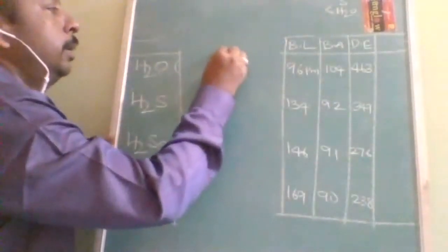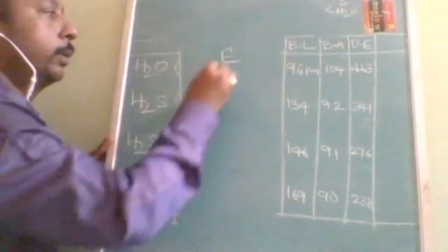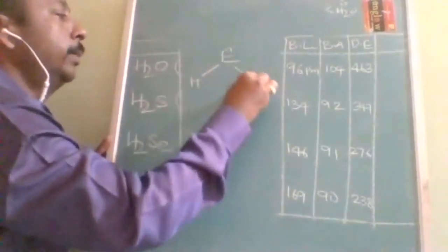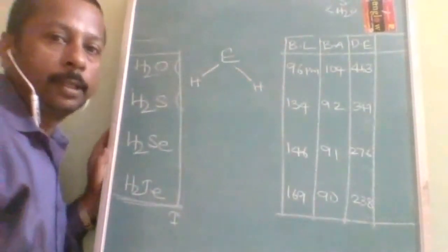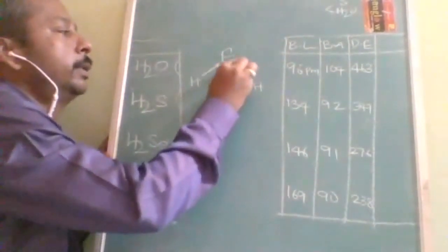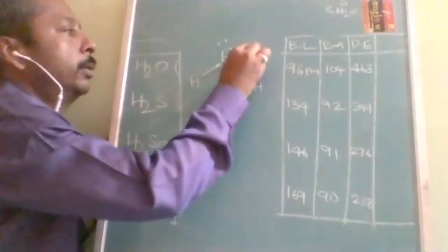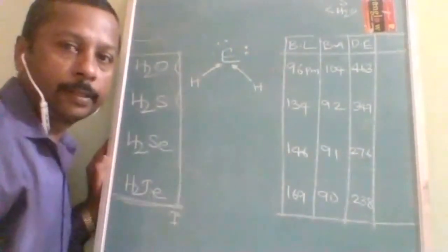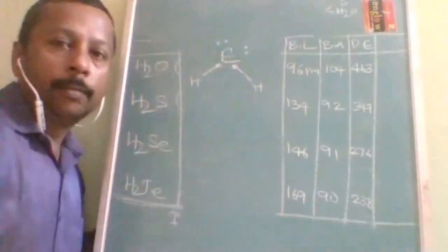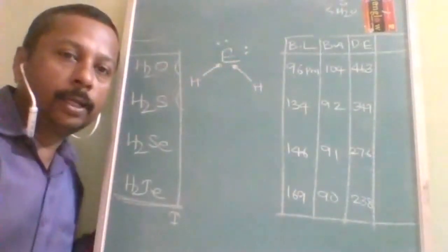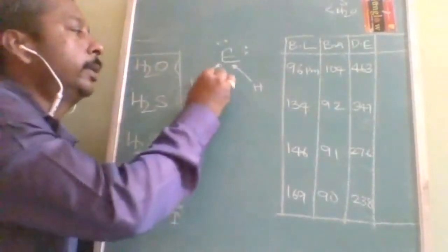Now in the structure wise, let us take E as the central element, that is a 16th group element. Okay, it is associated with how many elements, how many hydrogens? 2 hydrogens. But the electrons on this central element, being a 16th group element, it will consist of how many electrons? 6 electrons. 6 electrons it consists. Okay, 1 2 3 4 5 6. But out of 6, only 2 electrons got the opportunity to participate in the bond formation.